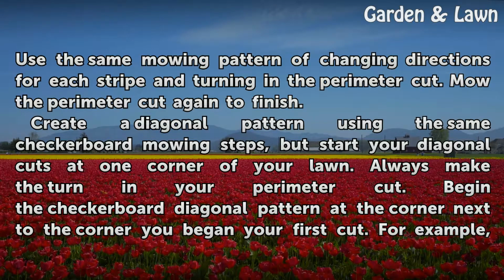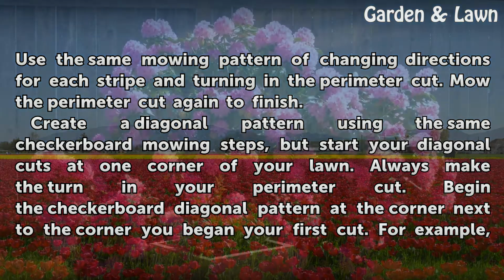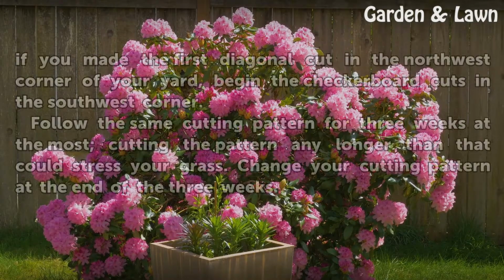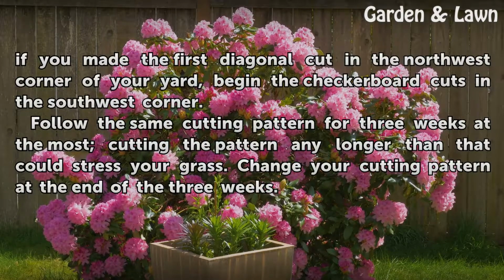Create a diagonal pattern using the same checkerboard mowing steps, but start your diagonal cuts at one corner of your lawn. Always make the turn in your perimeter cut. Begin a checkerboard diagonal pattern at the corner next to the corner you began your first cut. For example, if you made the first diagonal cut in the northwest corner of your yard, begin the checkerboard cuts